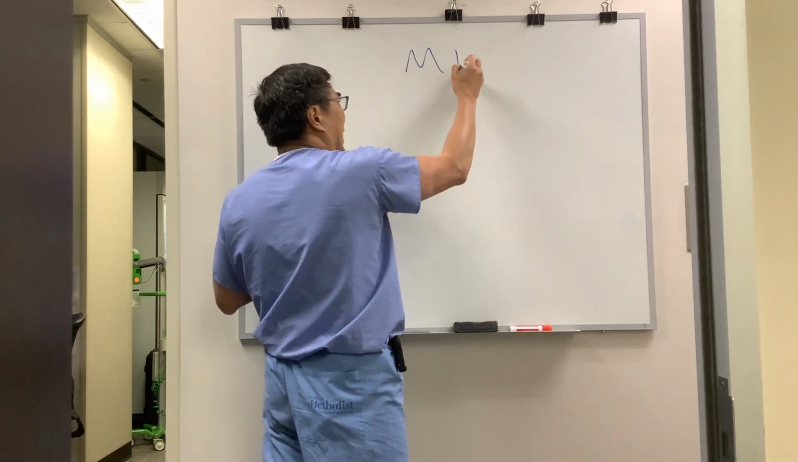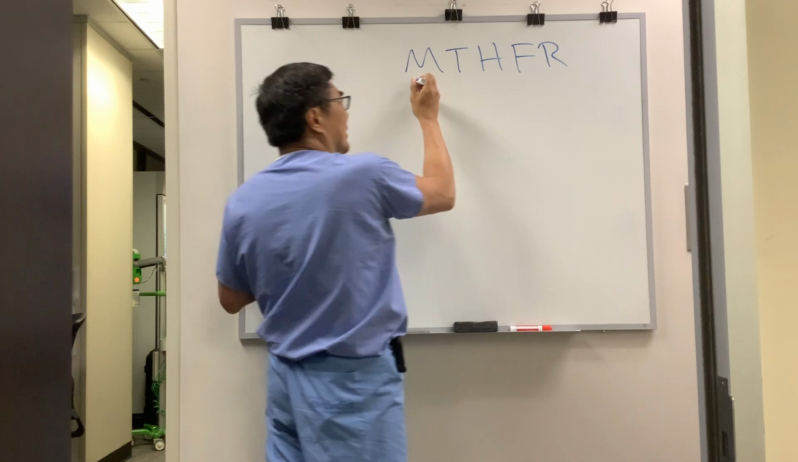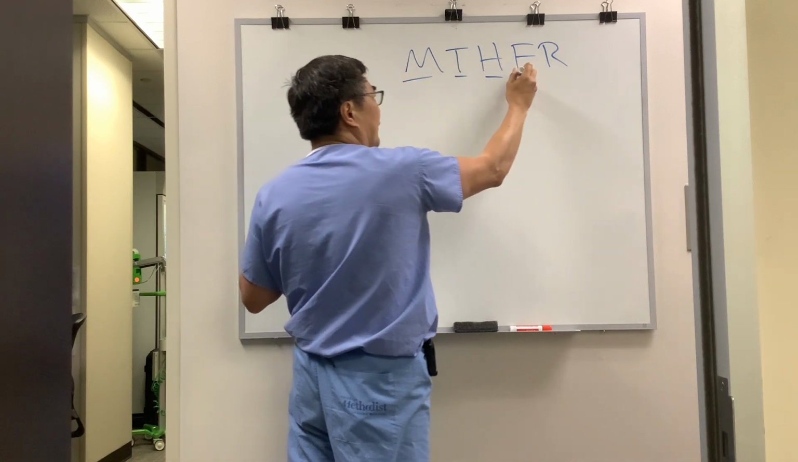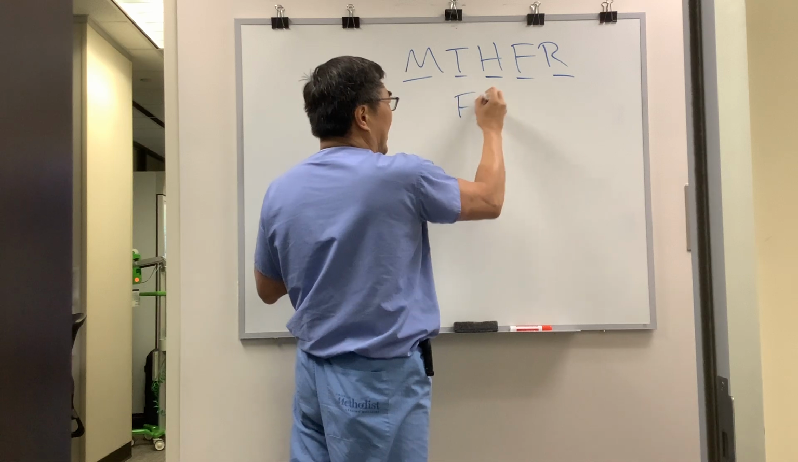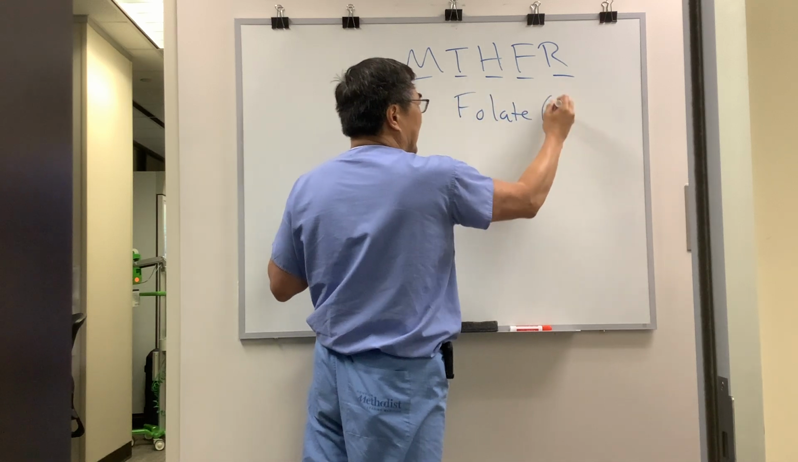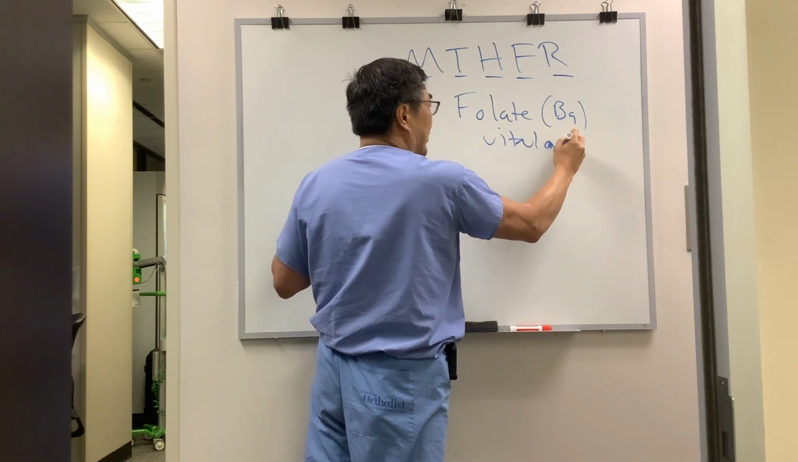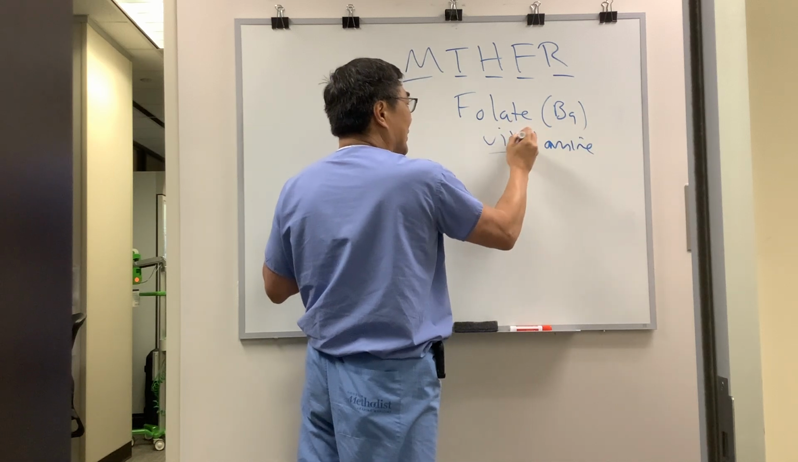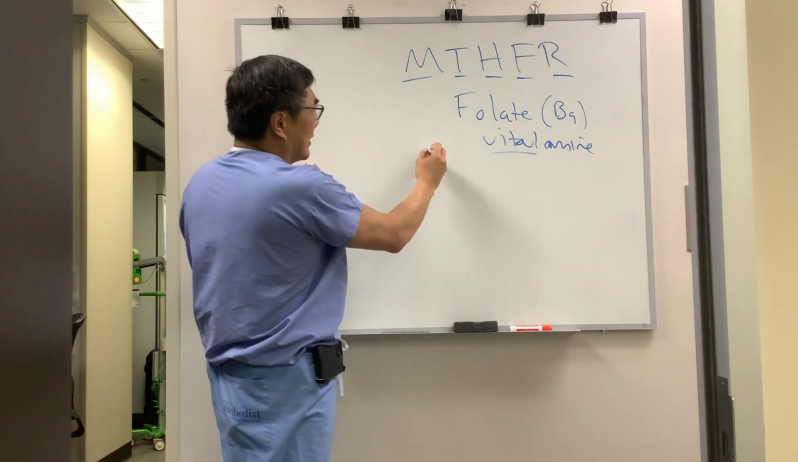So we're going to be talking about MTHFR in ophthalmology. It stands for methylenetetrahydrofolate reductase. And as you know, folate is a vitamin, and a vitamin means it is a vital amine, and that means you need it. And so this vital amine, the vitamin, in this case is folate, and folate is involved in